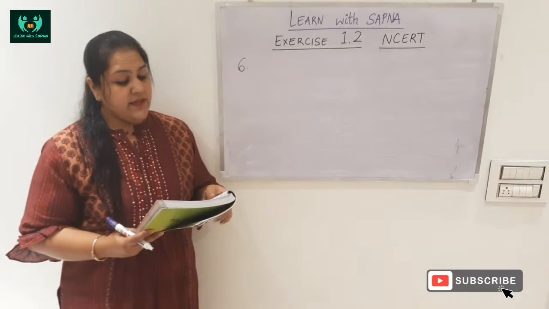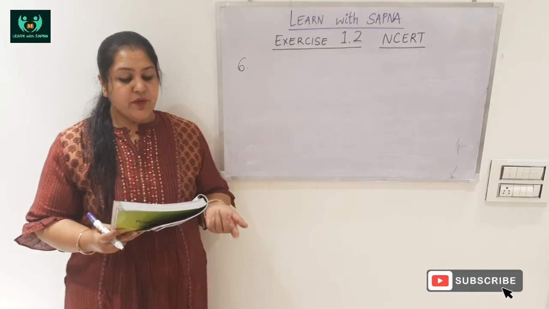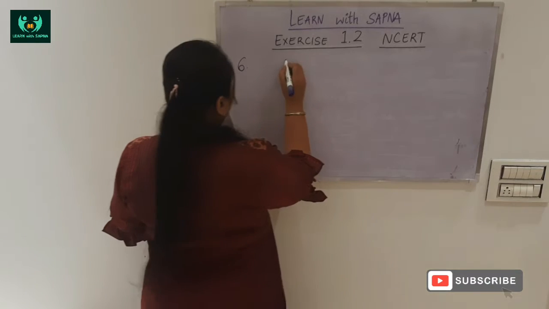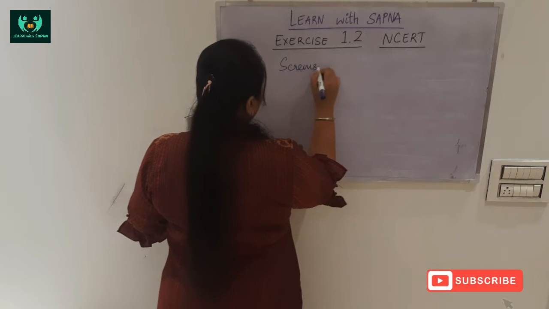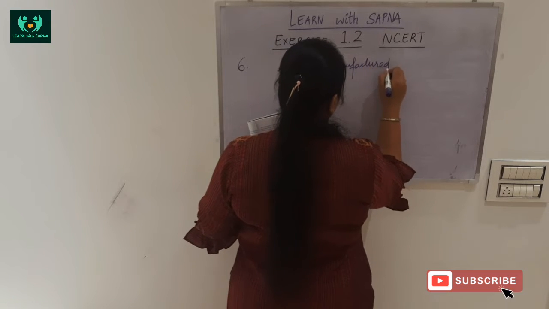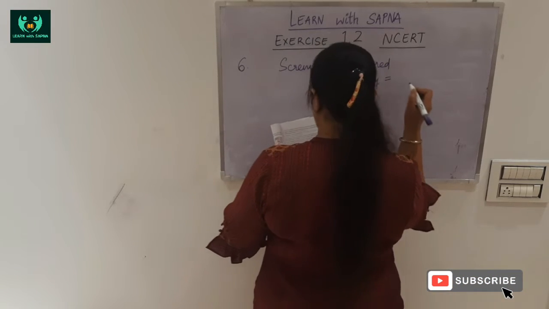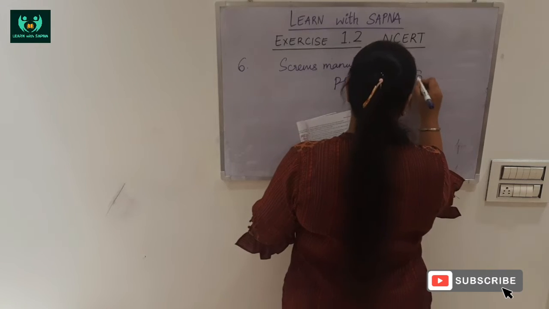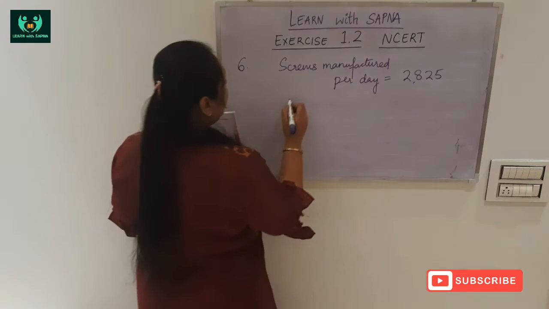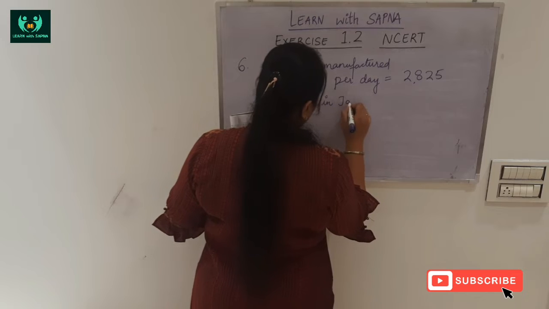Now, sixth question says, a machine on average manufactures these many screws a day. How many screws will it produce in the month of January 2006? So, screws manufactured per day, यानी एक दिन में, per day means one day is 2825, right? Now they are asking how many screws in January